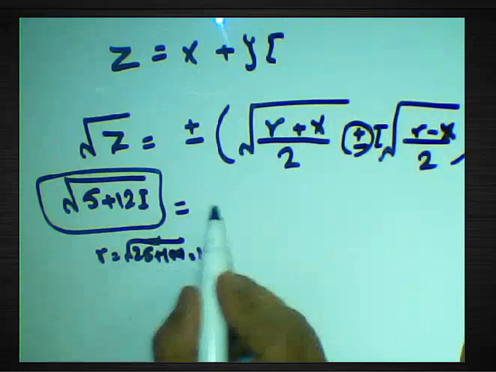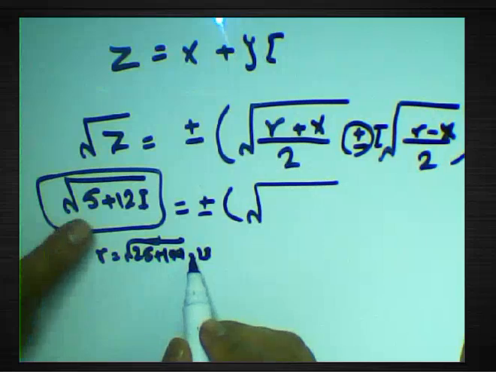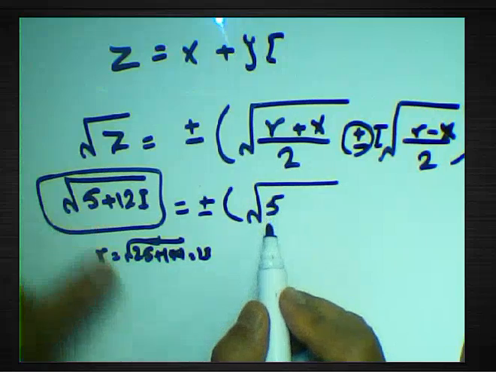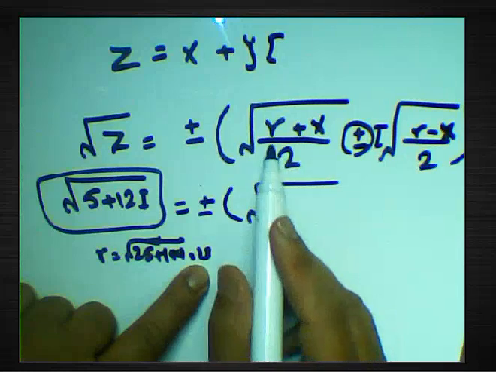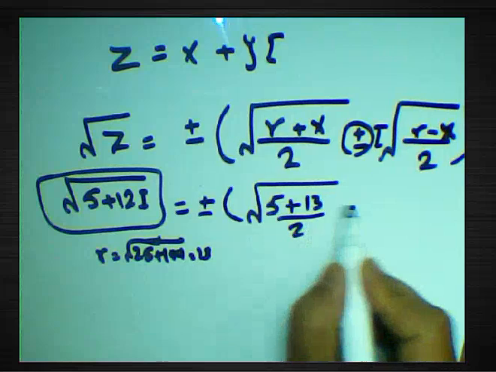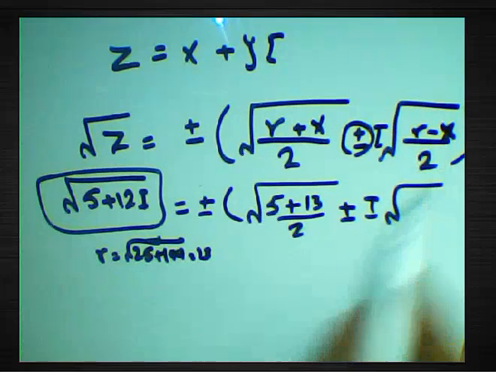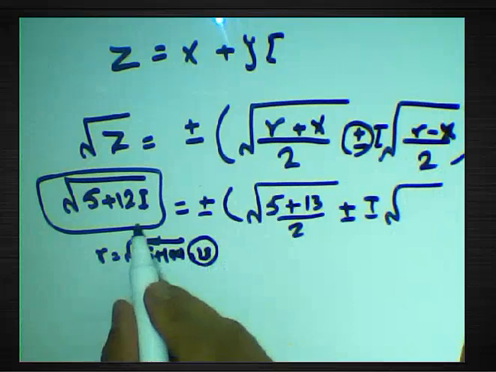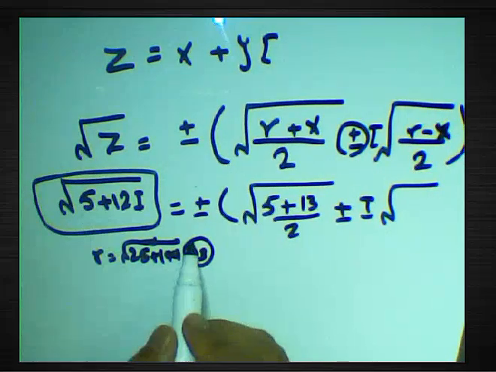Then we write positive or negative square root of (r plus x over 2). X here will be 5. 13 plus 5 over 2. And square root of (r minus x) over 2, r will be 13, 13 minus x, x was 5, 13 minus 5